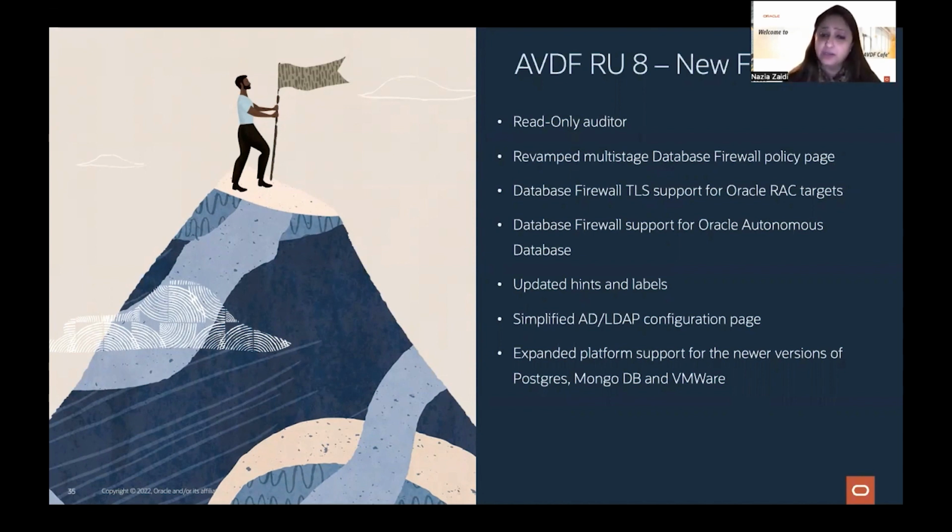But with RU8 we are able to support database firewall TLS for Oracle RAC targets, as well as extend database firewall support for Oracle Autonomous Databases. Earlier for autonomous databases we were supporting the auditing part, but we were not supporting database firewalls. So we extended that support with RU8.